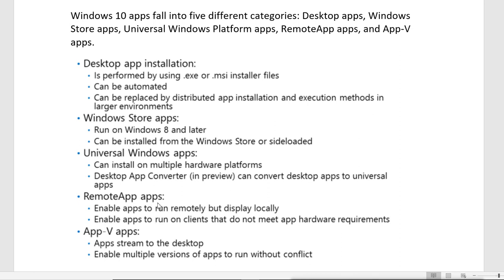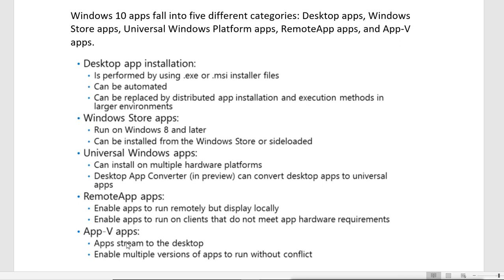That means the client machine does not have enough hardware to run those applications, and the centralized server has the hardware to support them. So we create a remote application on the server, and that will run on the client machine. It actually runs on the server, but it displays on the client machine. So it looks like it is running on the client machine, but all the processing is actually done on the server machine. So we don't have to have a large amount of hardware in the client machine.